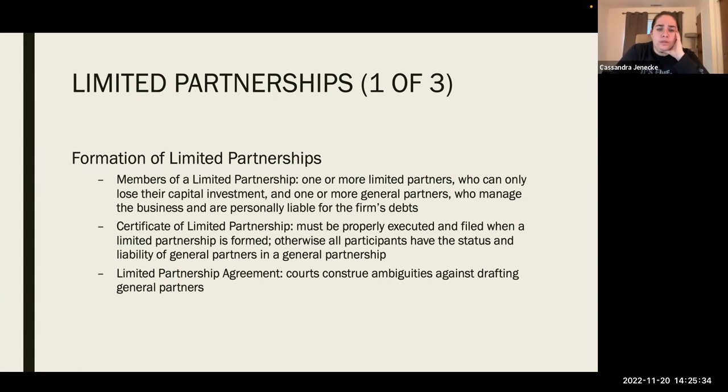Now, the limited partnership agreement, you still have a partnership agreement. You just happen to note the limited liability nature of the limited partners who are engaged in the partnership. And you note the,